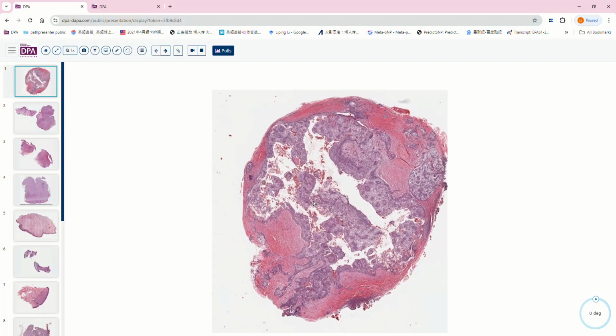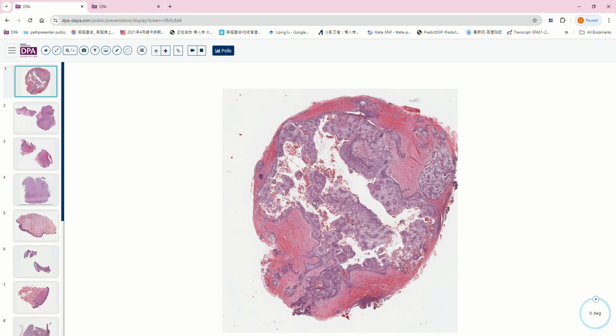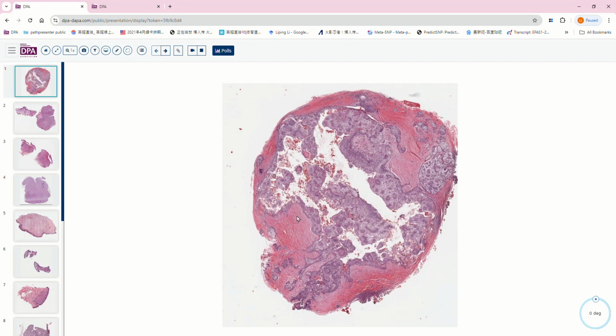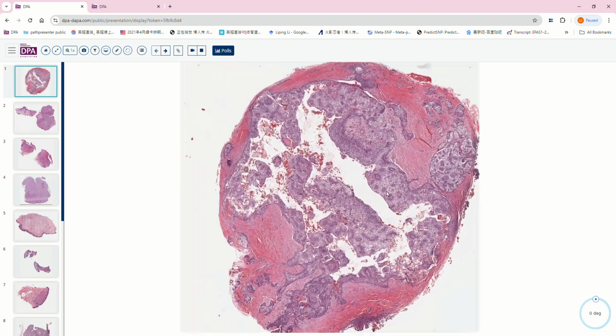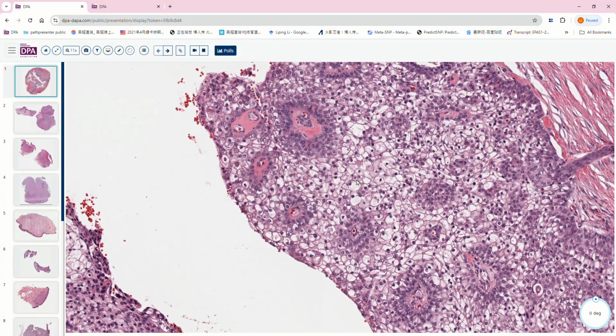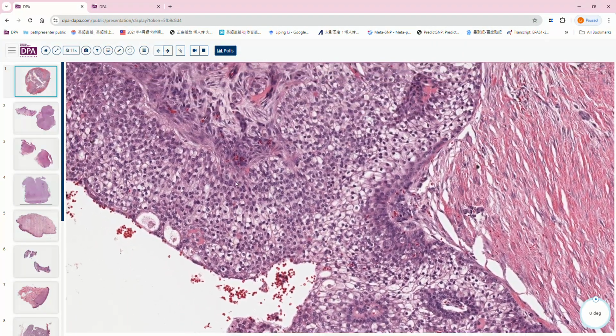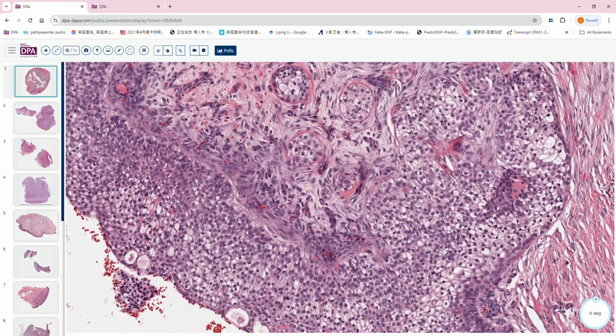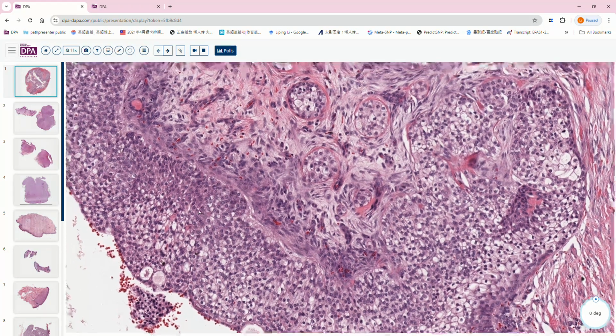So again, this low power, as Cyrus mentioned, usually this hidradenoma does not connect to the epidermis. Even though sometimes we have the epidermis, they usually do not connect together. And then we have this collagenous stroma, and also nodular and cystic. So from low power, you already put hidradenoma into your differential. The characteristic of this clear cell variant is that we can see tons of this clear cytoplasm, but we can have this kind of eosinophilic cells,